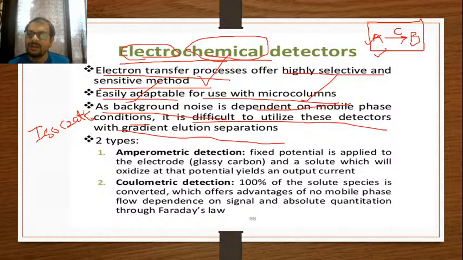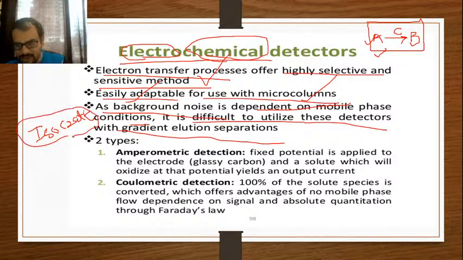Hence, it is difficult to utilize these detectors for gradient elution separations. Remember why they are important for isocratic as compared to gradient: the composition change in the mobile phase will affect your electrochemical reaction, and that will be denoted by the background noise from the mobile phase. Hence the electrochemical detector system will be hampered because the signal to noise ratio will be higher, and that's why electrochemical detectors can be efficiently utilized in isocratic elution